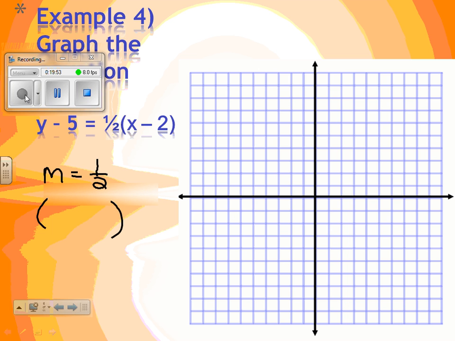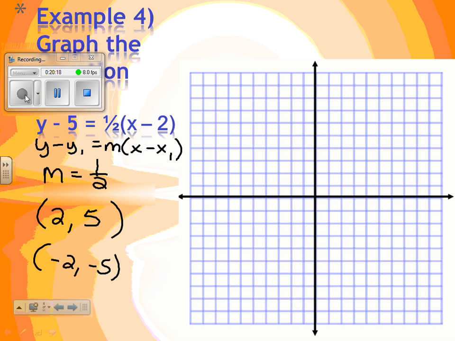Shamar. He thinks -2, -5. What does Dylan think? +2, +5. Let's think about this. Here's the formula. y minus y sub 1 equals m times the quantity x minus x sub 1. So, again, the minus is part of the formula. So, what does that mean the actual point is? Positive. Does that make sense? Okay. Does that make sense, though? And what did I tell you a minute ago? It was going to look